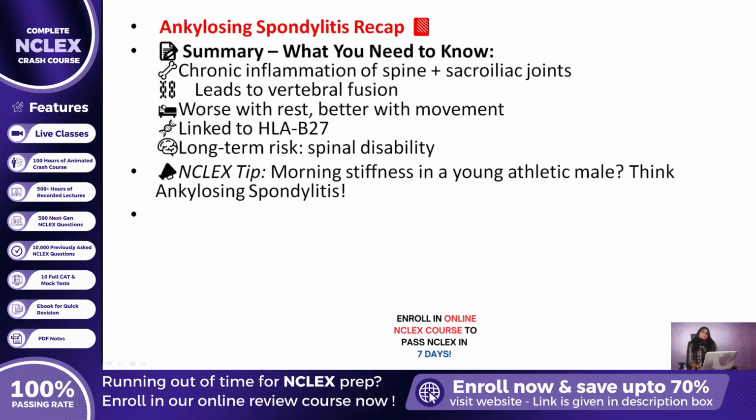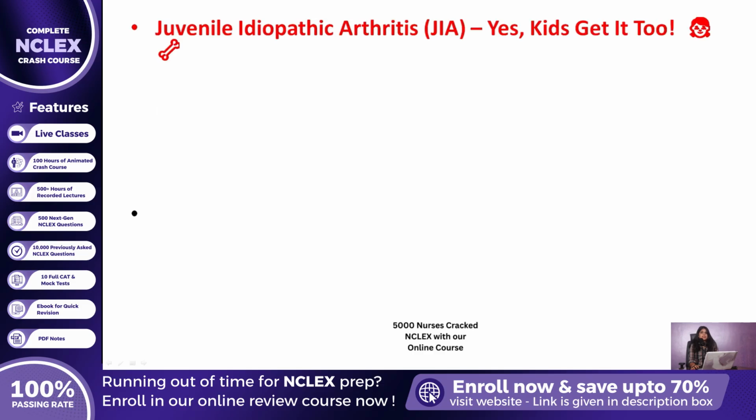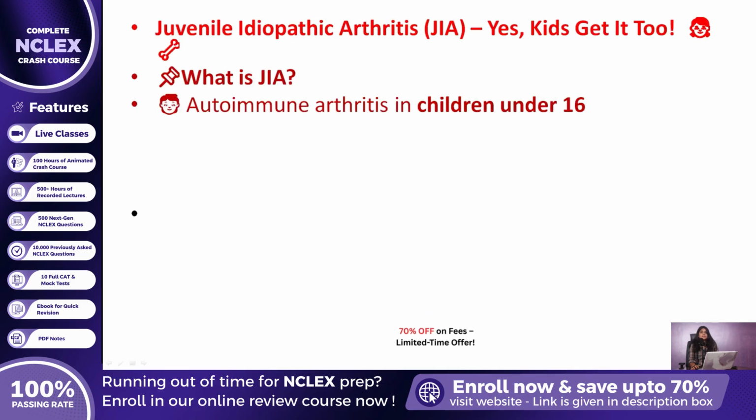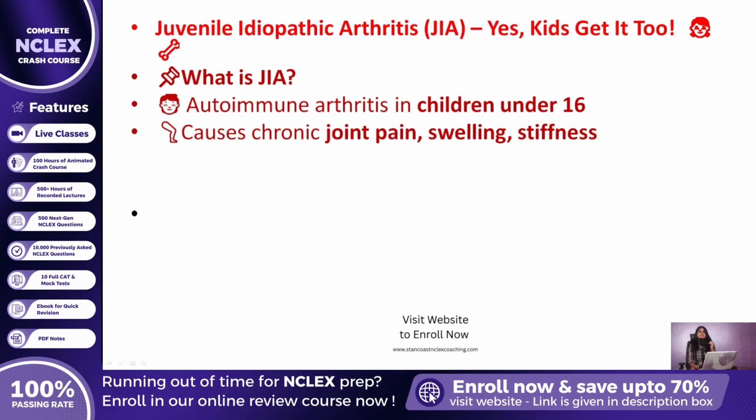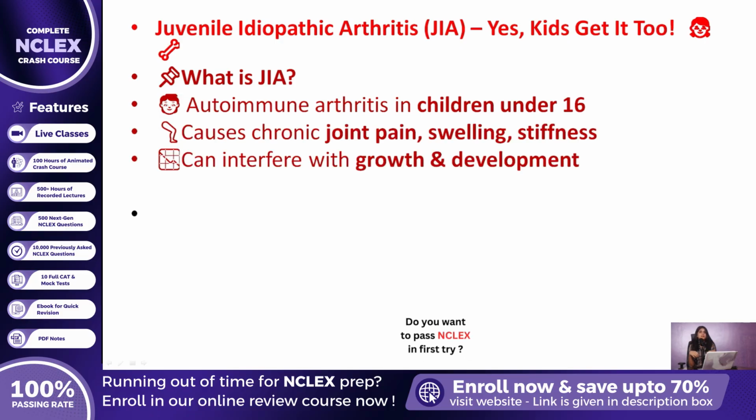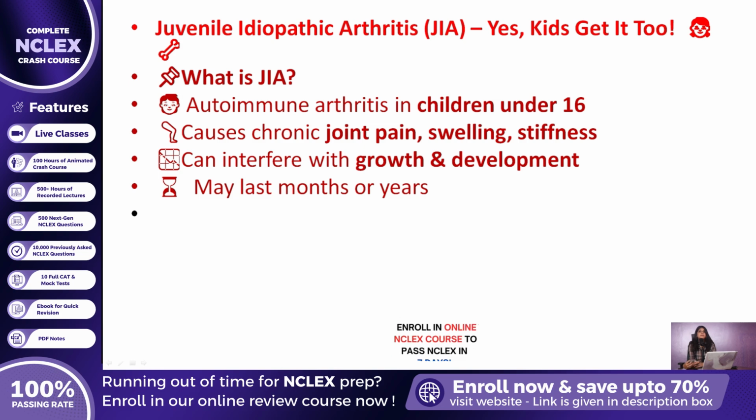Now, let us talk about something many people do not expect. Yes, arthritis can happen in children too. Juvenile idiopathic arthritis is an autoimmune disorder that affects children under the age of 16. It causes joint swelling, pain, and stiffness that can persist for months or even years, potentially interfering with normal growth